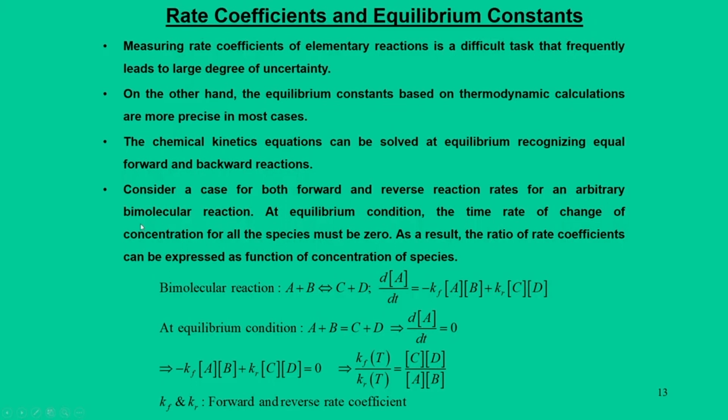Now, to do this, we consider a case of forward and reverse reactions in an arbitrary bimolecular situation. We say A plus B gives C plus D, and we can imagine that the reaction can proceed in the forward direction as well as the backward direction. This happens in many bimolecular reactions. Sometimes the concentration of the reactants is dominant, sometimes the concentration of C and D is dominant. So, the reaction can proceed in either direction. To justify this, we have to find out in what way the reaction should proceed. For example, in the formation of water, we have seen that many intermediate species are formed. Now, when they form, whether those reactions go in the forward or backward direction is governed through